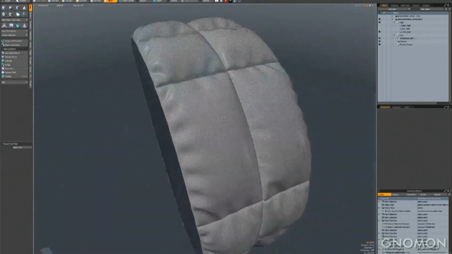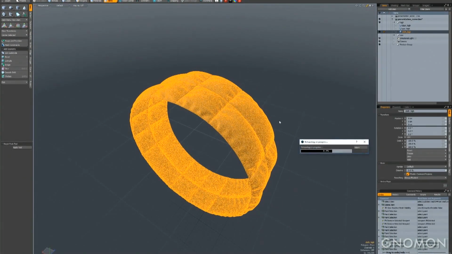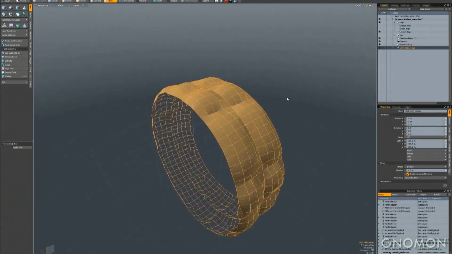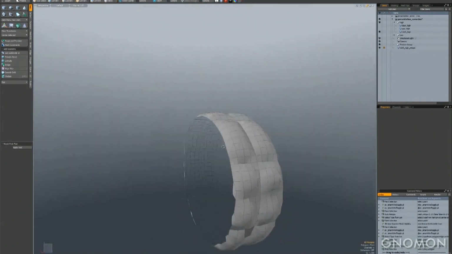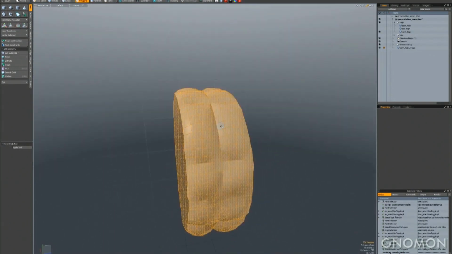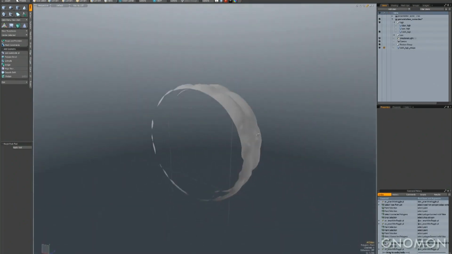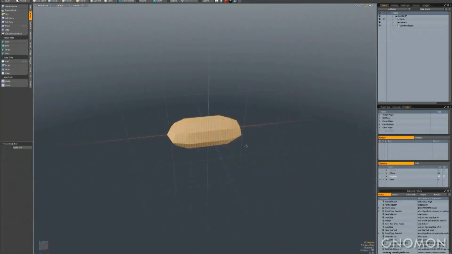So this right here is using some of that same automatic retopology stuff that Kevin showed us earlier. If you wanted to make a low poly for this, you quite literally just pull it up and press OK, and there you go, you're done. There's no going to other programs, there's no manual retopology, you don't have to save earlier versions of something. That's it, you're done, you're good to go. And you'd use the exact same process to UV and bake this thing too.